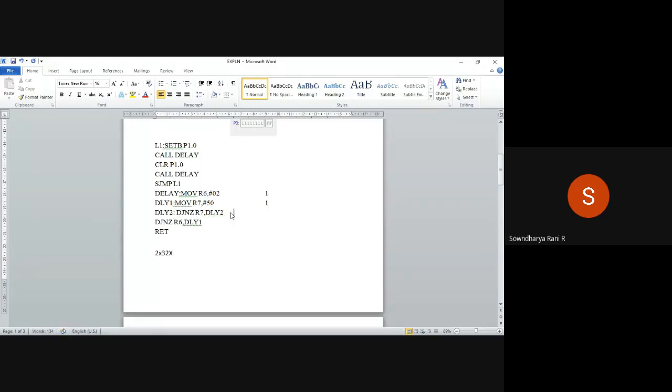So for decrement DJNZ, it is 2 machine cycles, right? So you are going to repeat these 2 instructions. So totally for the 2 DJNZ instructions, you have 4 machine cycles, right? So you have to multiply it by 4.